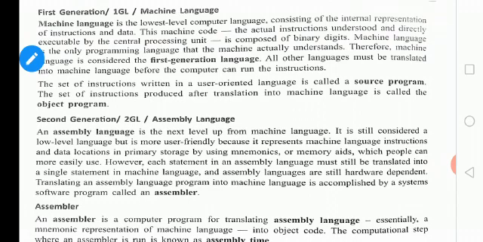An assembler is a computer program for translating assembly language, that is the mnemonic representation of machine language, into object code. The computational step where the assembler is run is known as the assembly time. So this time of converting the assembly language to machine language is called the assembly time.